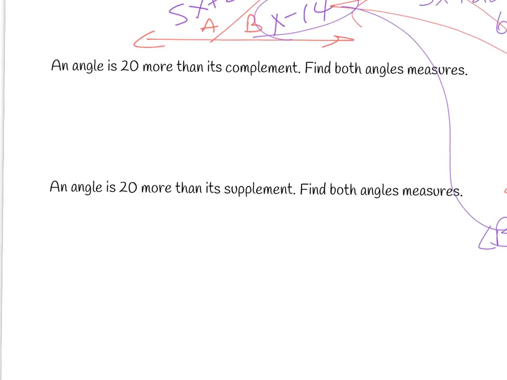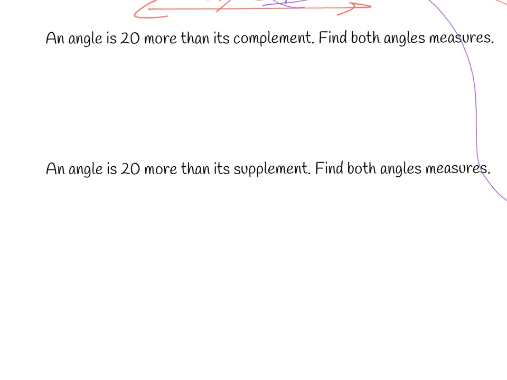Okay, an angle is 20 more than its complement, find both measures. So we talked about this at the start of class. If I'm talking about an angle that I don't know, that's x. Its complement would be 90 minus x. And the relationship here is that angle x is 20 more than its complement. So x equals